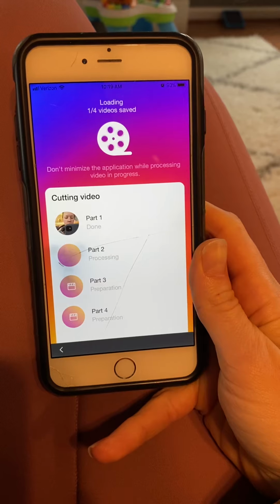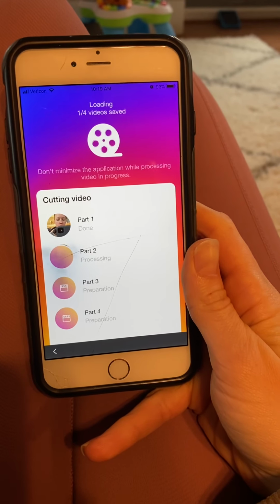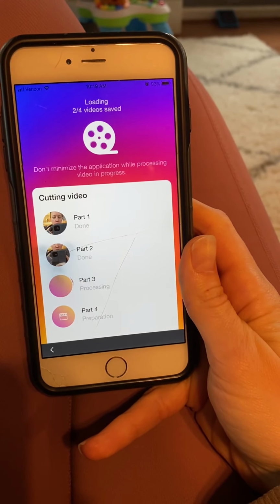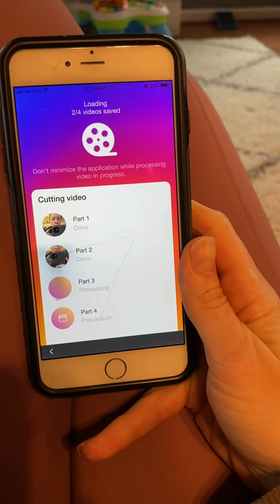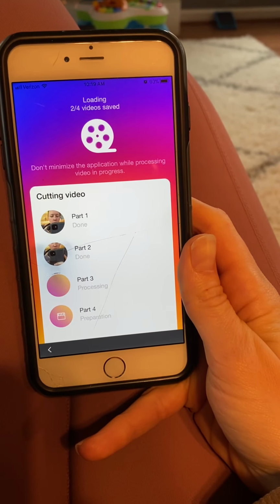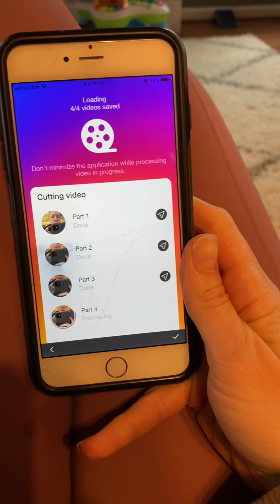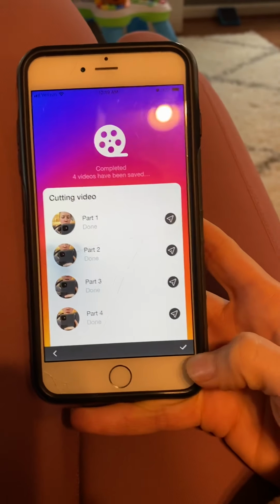Just record yourself talking. In Instagram stories, you really do want to keep it short, which is very hard for me. Something longer than 5 minutes is something you're going to want to do on an IGTV video, and we can talk about that at a different time. You're going to hit this